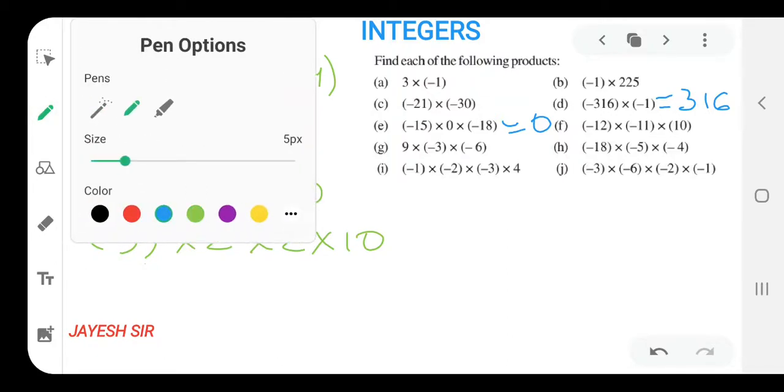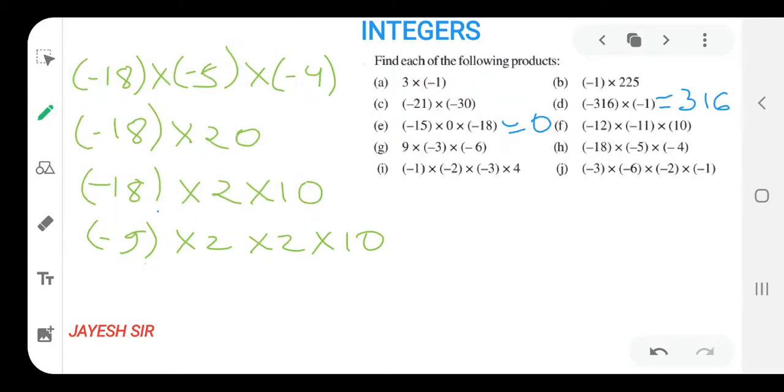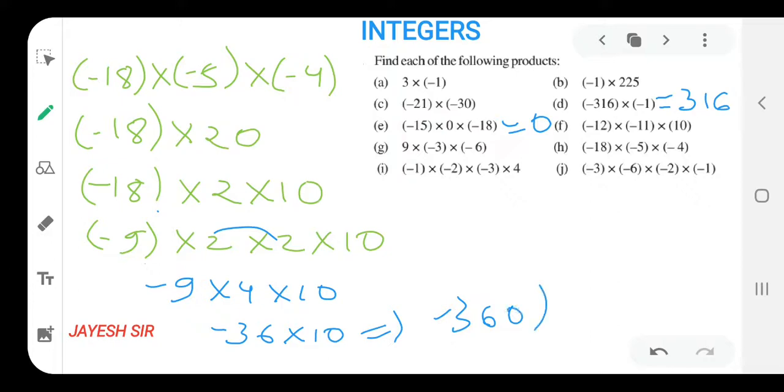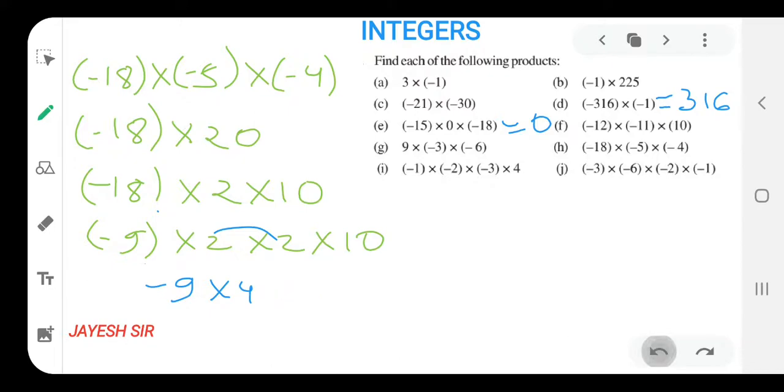Now what we are supposed to do, friends? We just need to multiply. First we'll do minus 9 as it is. 2 2s are 4, we know. Yes, into 10. So 9 4s are 36, we all know, but it is minus 9, so our answer would be minus 36 into 10. As we all know how to multiply it with 10, our answer would be minus 360. I hope you all might be getting it, and you can do it in your mind itself, as it is very easy, friends. So let's begin with our ninth sum for the day.